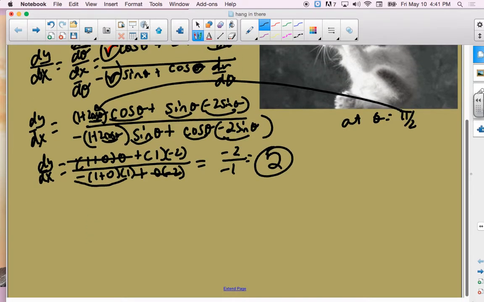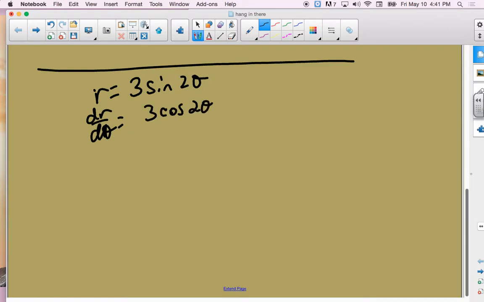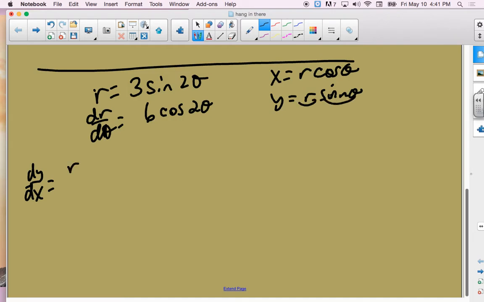All right, so let's just set up another one before we move on. Let's say r is equal to 3 sine 2 theta. You're going to need dr d theta to build. That's going to be 3 cosine 2 theta times 2, so that's going to be 6. You're going to need to know that x is r cosine theta and y is r sine theta. Every time you do a slope in polar, you have dy dx, so this is first times derivative of, that's just sine theta,